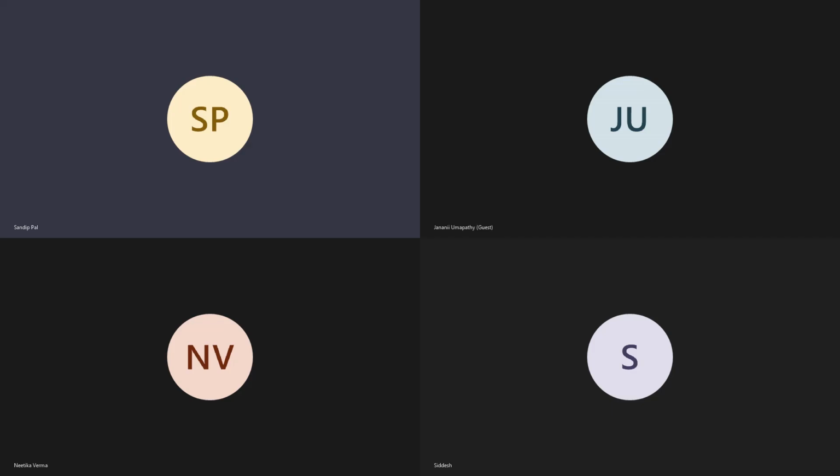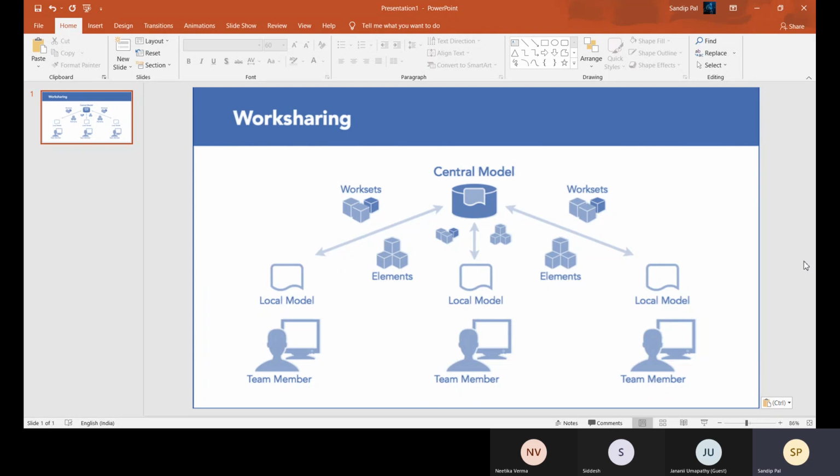The topic is about work sharing. Revit has the capability to let team members collaborate on a single project which you are creating in Revit. At the same time, you can collaborate within your team on that same project. This is the process where you share the work within the team, and when you have such a need, you have to enable work sharing.